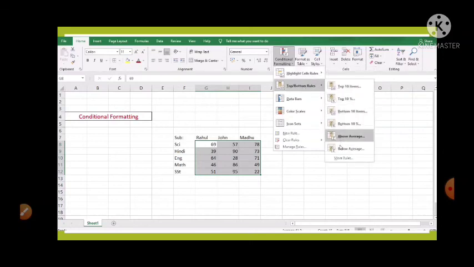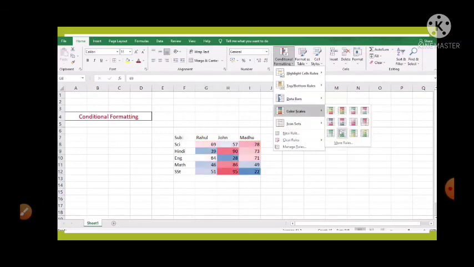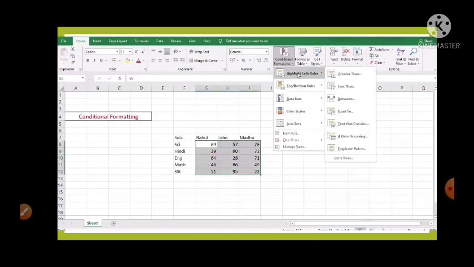So in our example, we will highlight the cells where the marks obtained are less than 60. All the options are available here. You can use whatever you want. So here we use highlight cell rules and then click on the less than option.